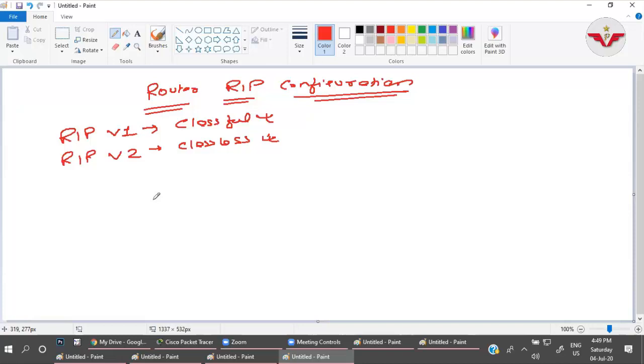The same meaning applies here. A classful routing protocol does not support VLSM. It means we are not breaking a network. It calculates the network with a default subnet mask, and that is called a classful routing protocol. The routing protocol which supports VLSM is called a classless routing protocol. Is it clear? Yes, sir.